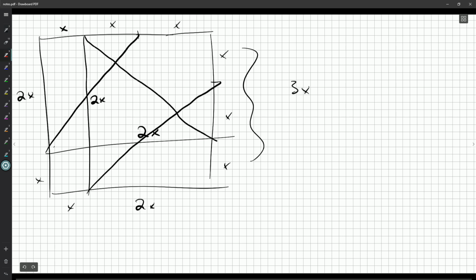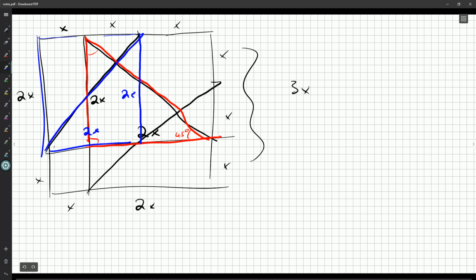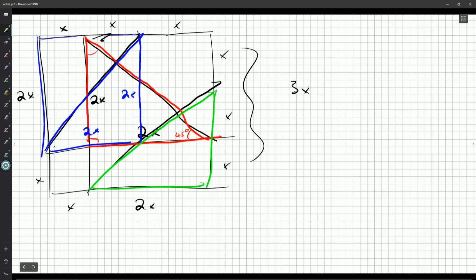And what we can see is we can get a nice little right angle isosceles triangle here. And so you'll get 45 degrees here, and 45 degrees here, and a right angle here. But what's more than that is we can also drop down here, and now this is 2x, so this length will be 2x. This is 2x because this was 2x. Now I've got another isosceles right angle triangle, and down here we can find another one. So there's lots of 45-degree angles going on. Now, I think what they want is this, this,